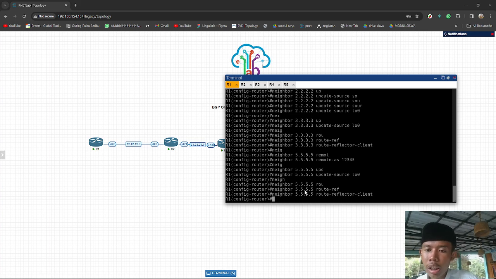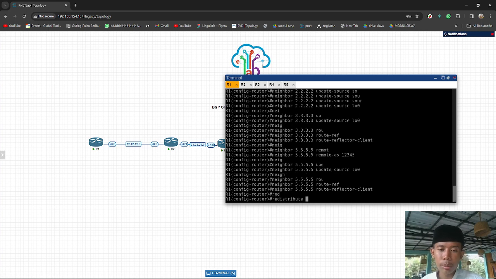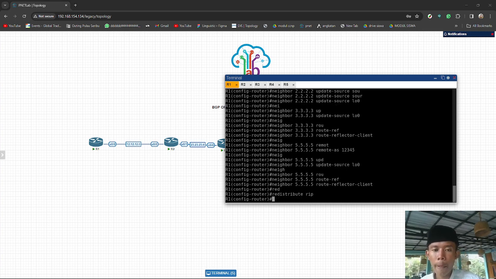And we will redistribute RIP into the BGP configuration. So why do we redistribute? Because previously we did not advertise the second loopback in the first router into EIGRP, so we'll redistribute into BGP so they are all connected.